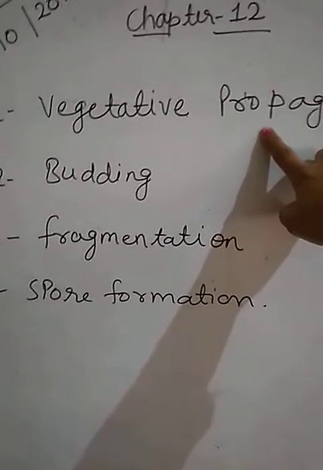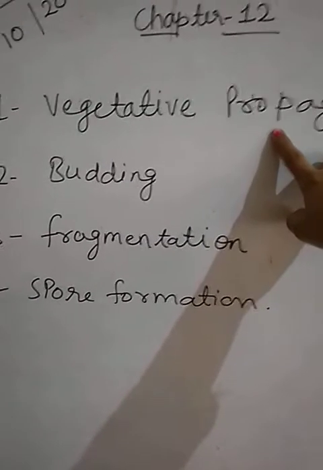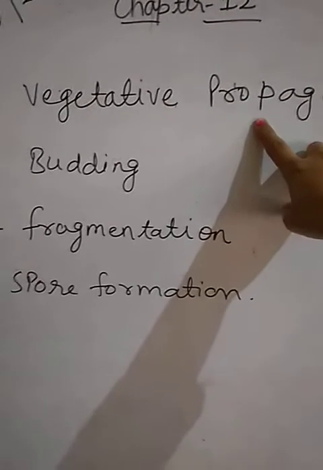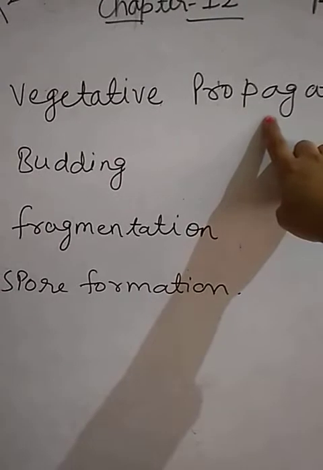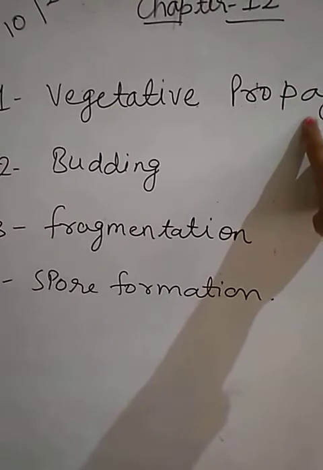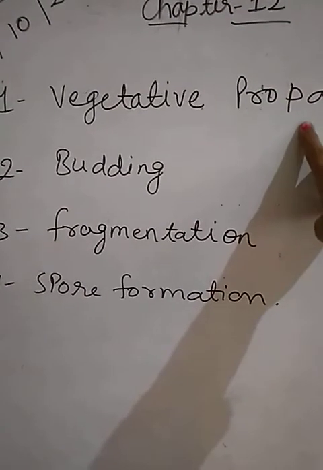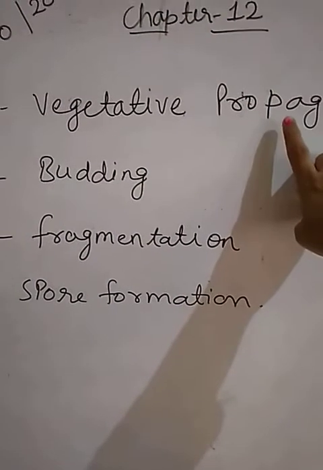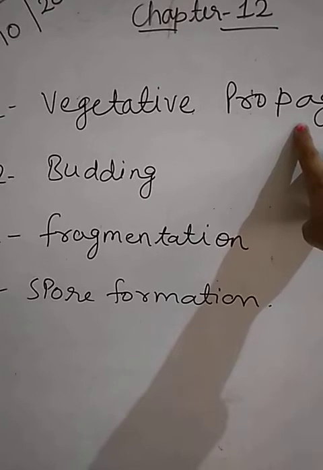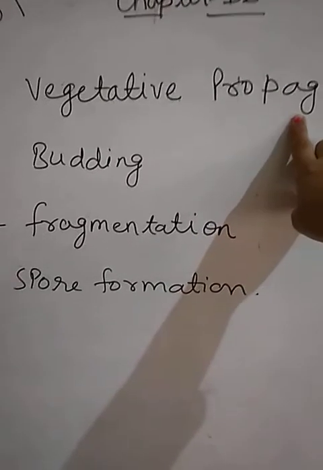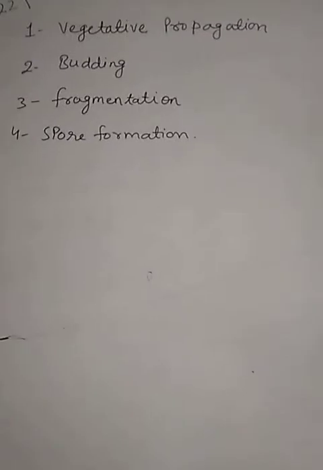Vegetative propagation is the method of asexual reproduction in which new plants are generated with the help of the root, stem and leaves of the parent plant. Here the vegetative parts are used for generating or producing a new plant. That is why this is known as vegetative propagation. Children, vegetative propagation can be used in many ways.